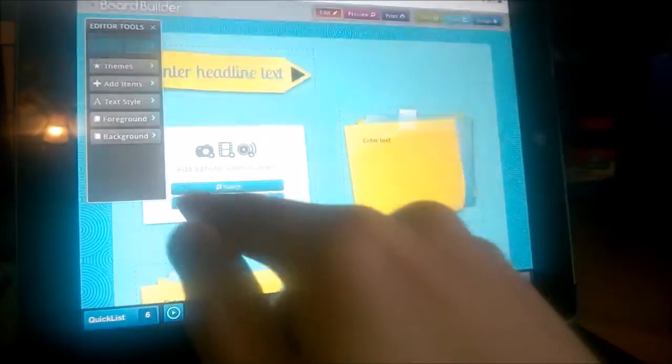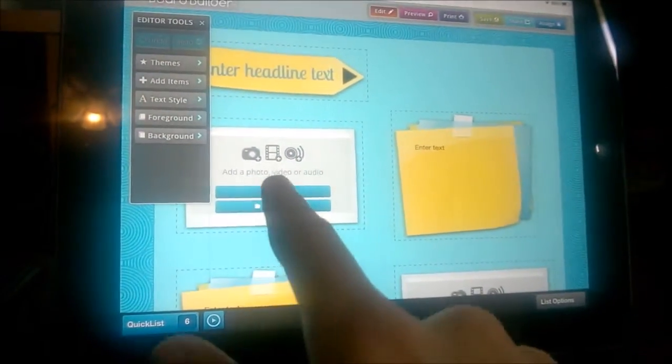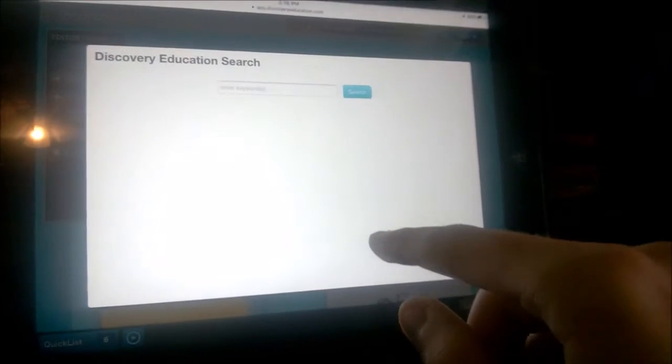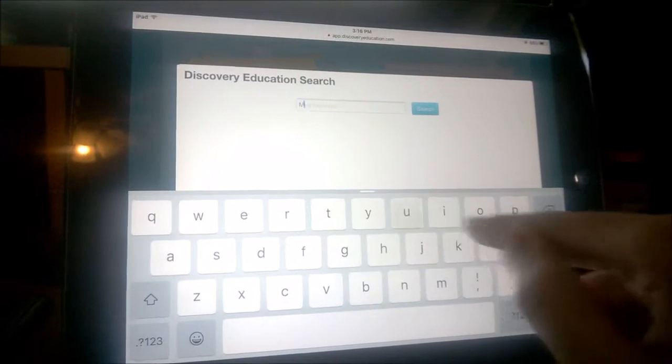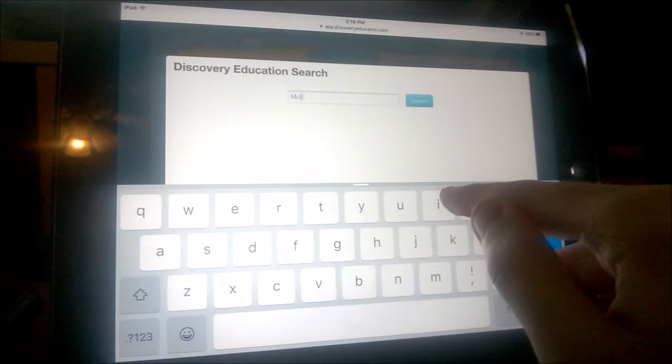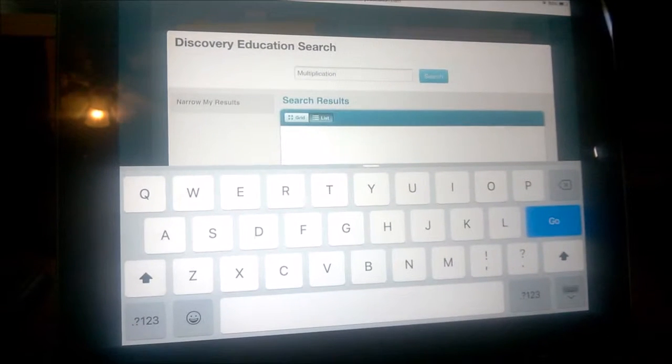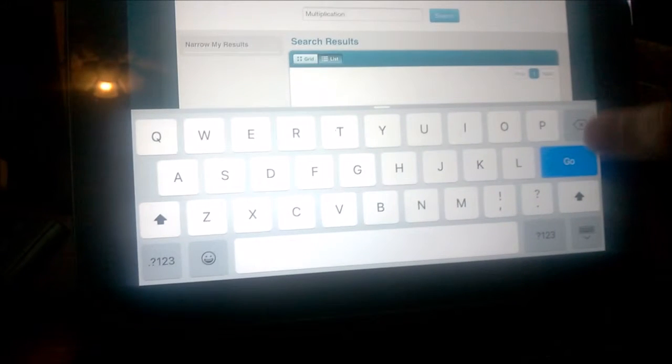You can actually use the search function right in Discovery Education. And then, for example, if I type in multiplication, I can find resources, multimedia resources that discuss multiplication. And it uses the Discovery Education. Students search for multiplication,